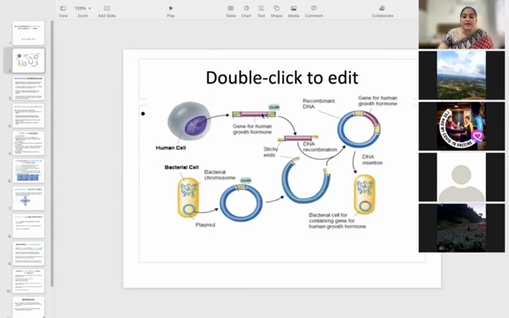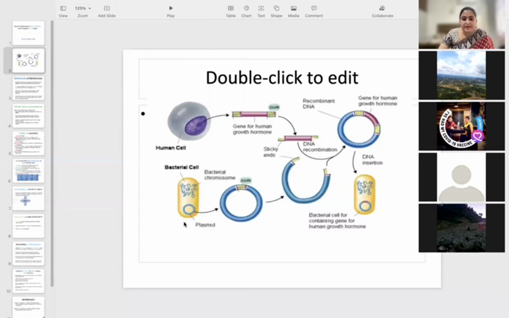Now the vector is also DNA, so vector DNA plus gene of interest makes a recombinant DNA. Now after this, with the help of restriction endonucleases, again we are exploiting the tools of biotechnology. Restriction endonucleases are a group of enzymes which can cleave specific sites. We have a lot of them, like EcoR1, and for example it will cleave the GATC sequence in the genome. So we cut DNA like this.